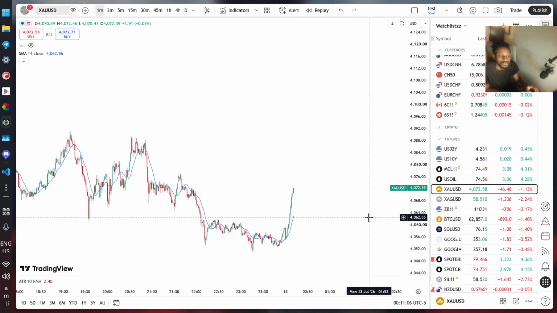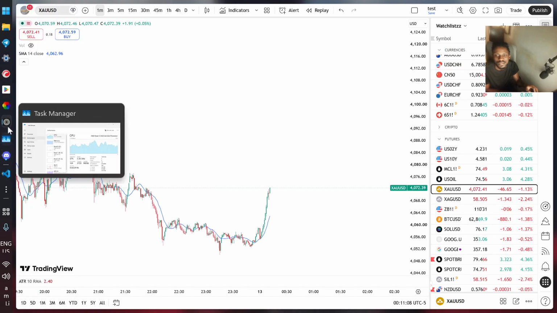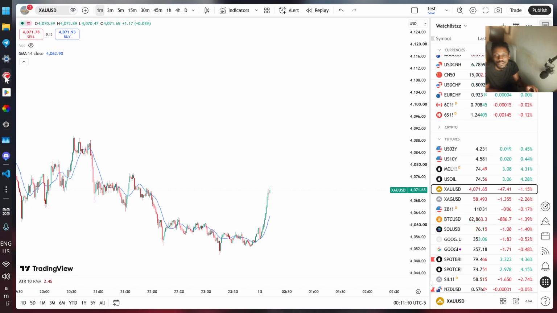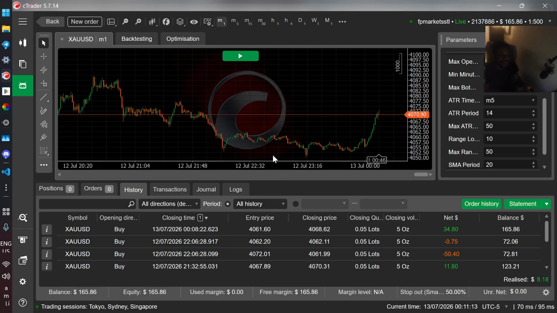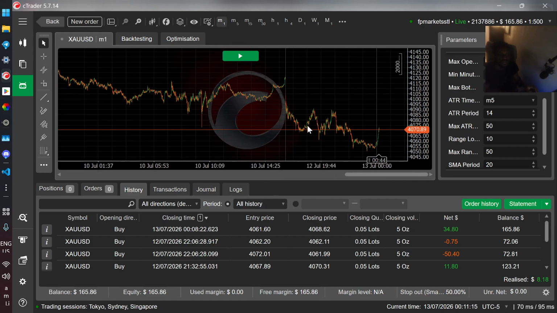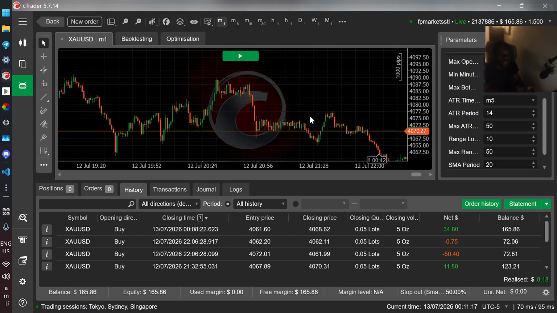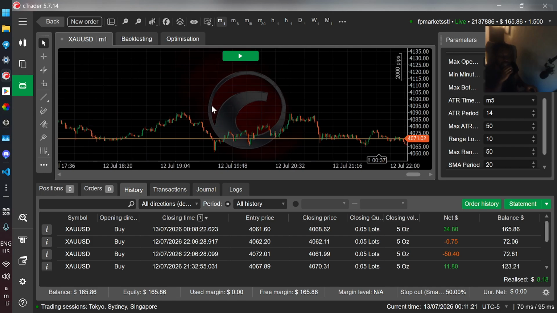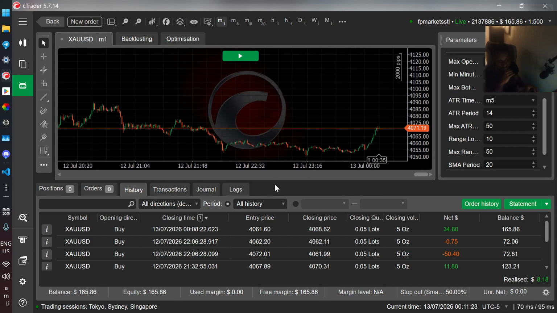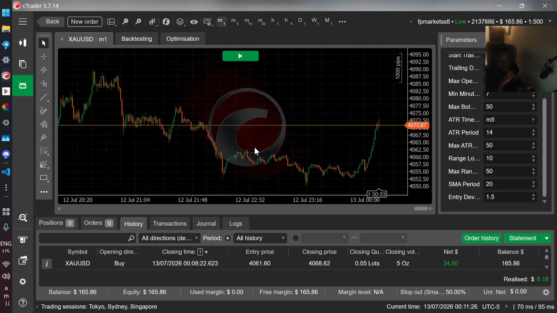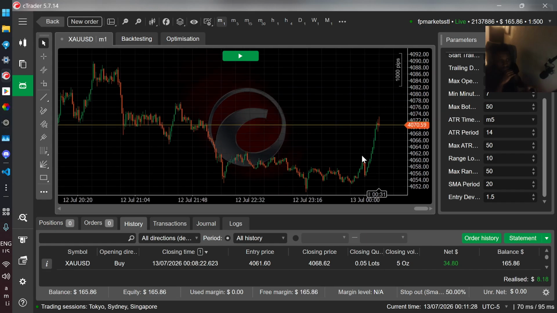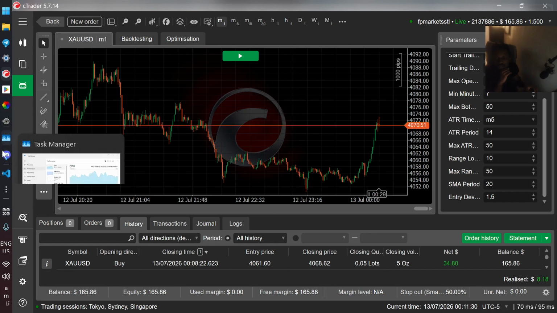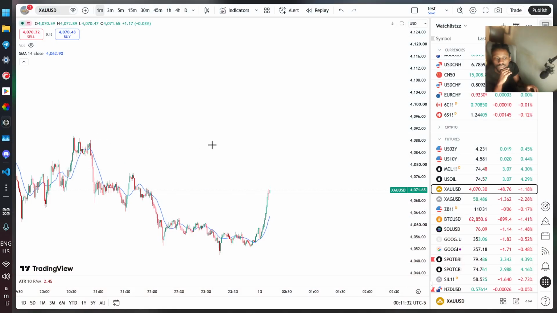Oh, I hate it. I hate it because I knew it was going higher. I could have waited 5 more minutes for this thing to go hit it. Oh, but anyway, this is my own trading. It has something to do with the bot, but what I'm waiting for and what I'm looking at is